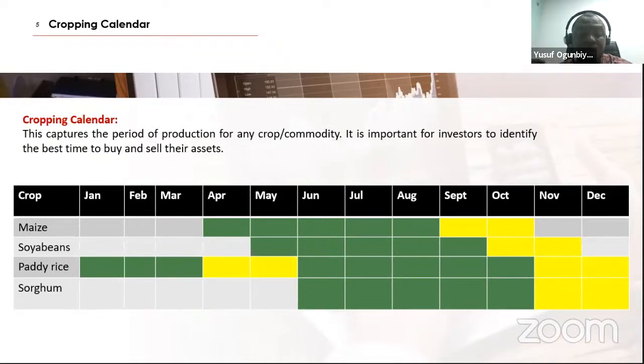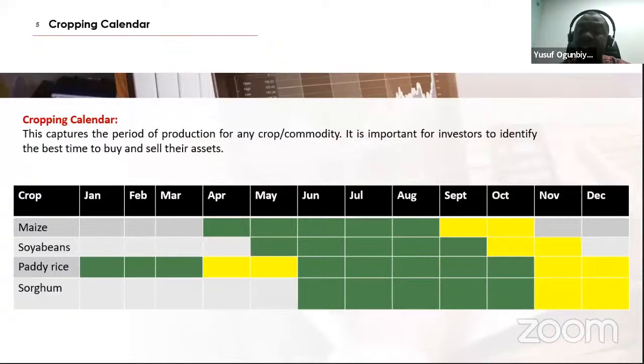The same thing applies for soybeans, from around maize planting till around September. Harvest happens October, November, thereabouts. And then for sorghum, the late sorghum is planted later, so you have from June till around October as well. It's harvested November, December during the year. But for paddy rice, you have two seasons in Nigeria. So you have the wet season running from June to October, and then farmers harvest November, December. And then you have the dry season running from around December in some places, January through March. And then farmers harvest around April and May.